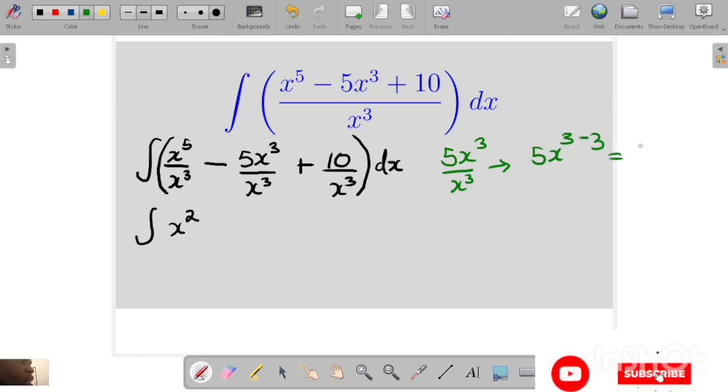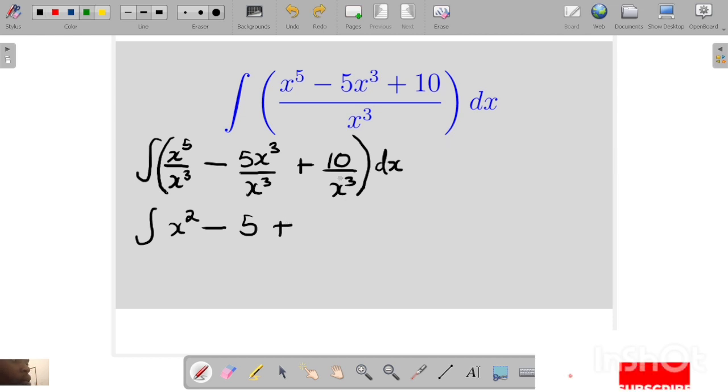This is 5x to the 0, and any number to the power 0 is 1, so 5 times 1 will just be 5. So we're going to have minus 5 here, then plus 10 over